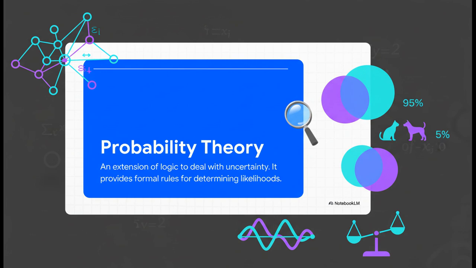If linear algebra gives our data its shape, its skeleton, then probability is what allows it to reason about things that aren't just black and white. It's what lets a model make an educated guess, to say something like, look, I'm 95% sure this is a cat, but there's a 5% chance it might just be a small dog. This is what makes AI tough enough to actually function out there in the real world.